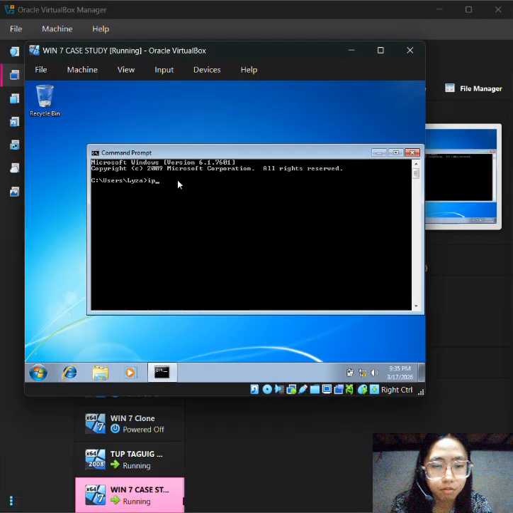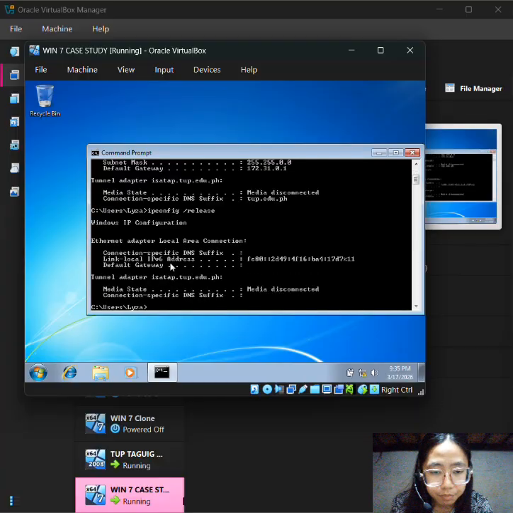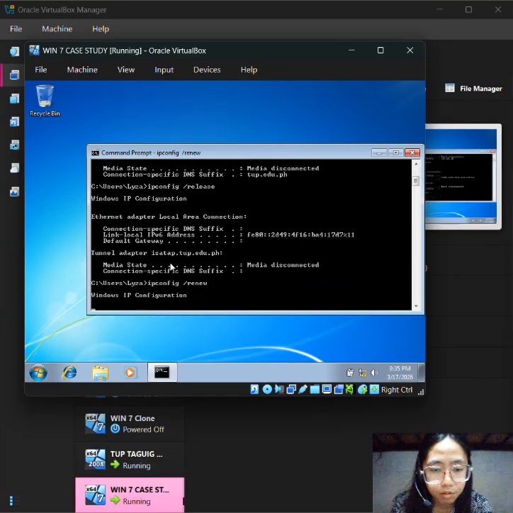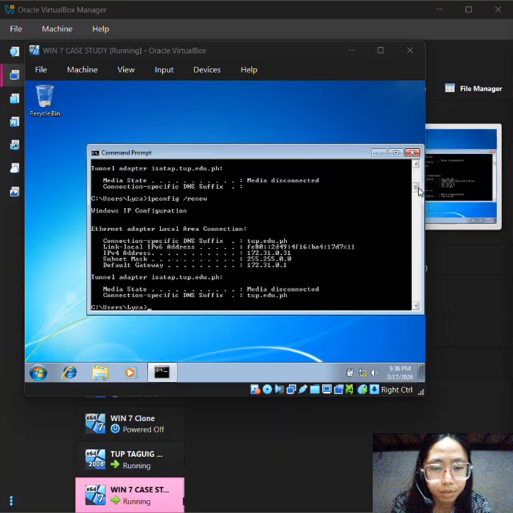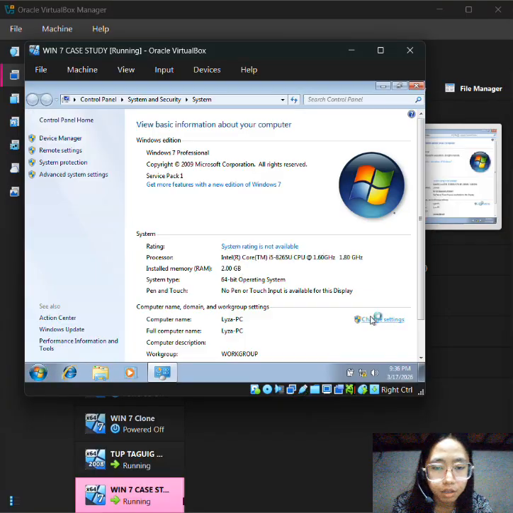So now ipconfig, then it will list the IP addresses. ipconfig, renew, and release, so that you can see the IP addresses in DHCP.